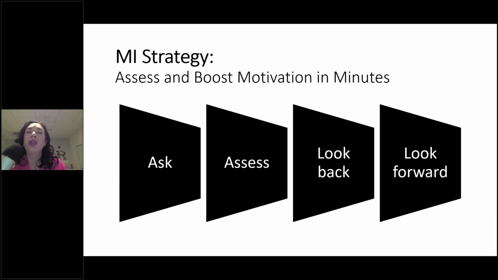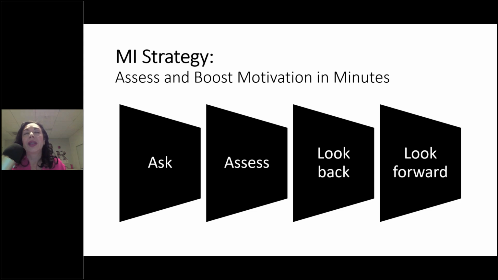Using MI, you can use this strategy to look forward. What question does the coach ask to help Jade think about increasing her motivation level? What would it take to get you to a 7 or 8 or higher? What would help raise your score higher than a 5? There's lots of versions of that. Oh, here's one: meet Jade where she's at and find out what is going to make her more motivated. What would you like to get? What is holding you back?